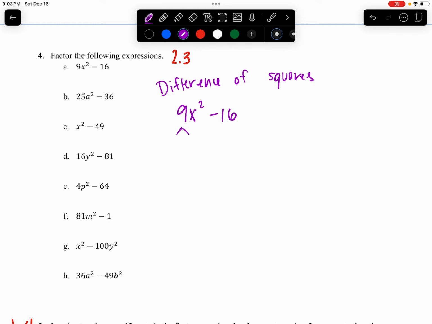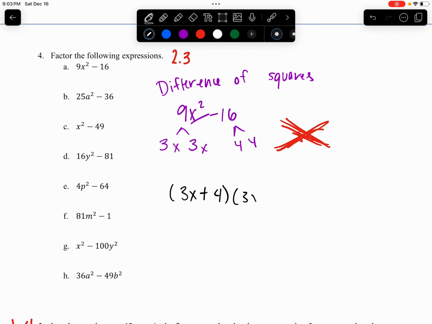Right here is our 3 and 3. And there's 2 x's. This is 4 and 4. A lot of you will say 8 and 8. Please. It is not 8 and 8. Okay, please double check your work. Your answer should be 3x plus 4, 3x minus 4, not 8. Okay, that's wrong. So your solution would be this,